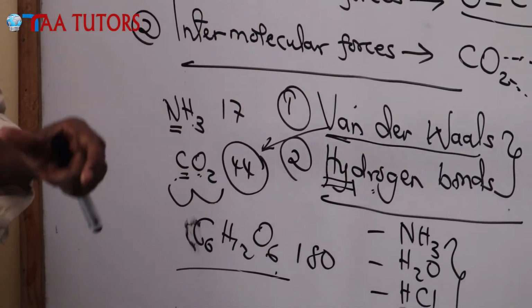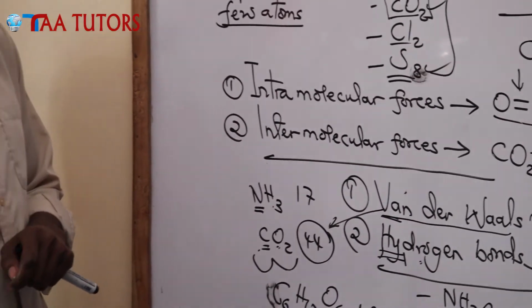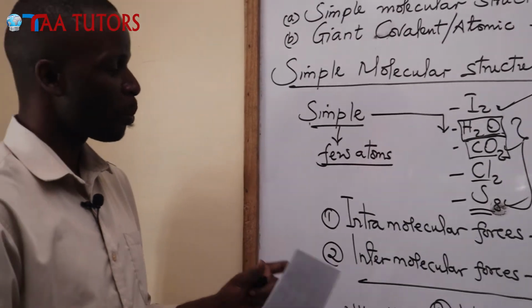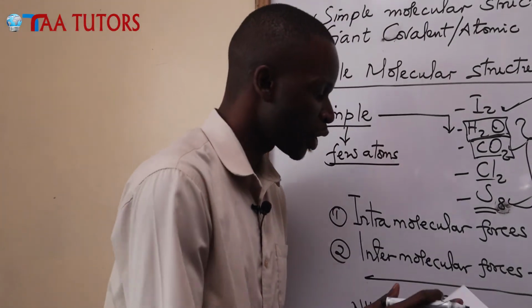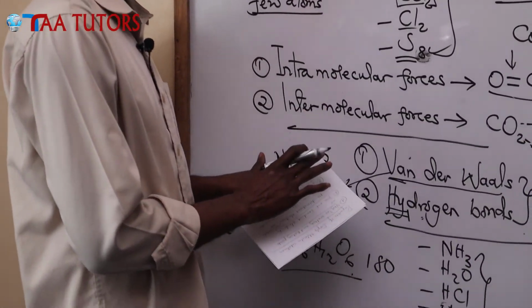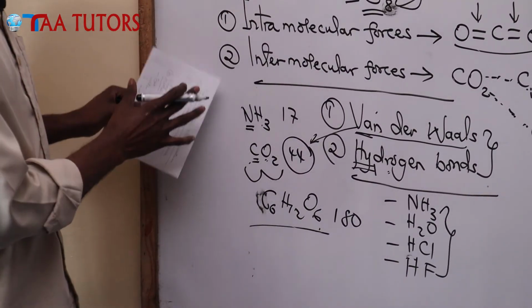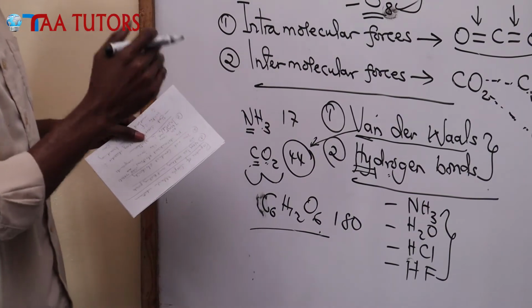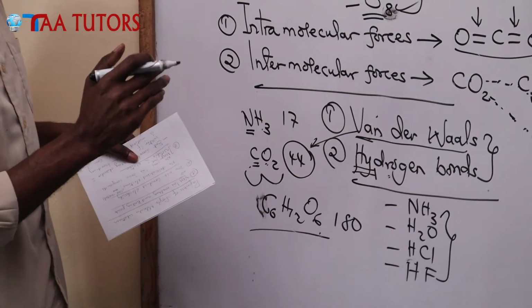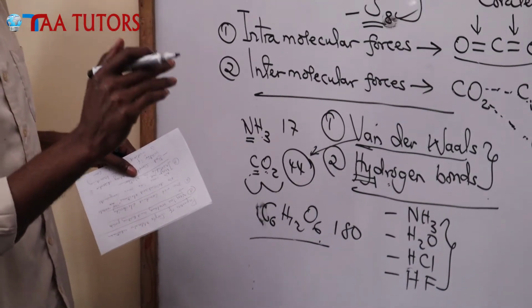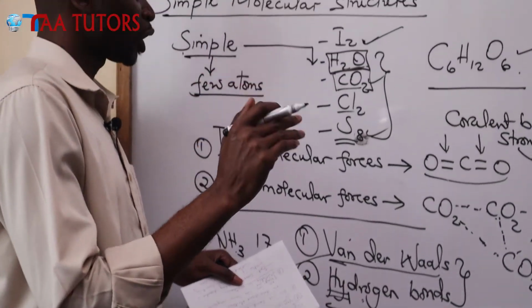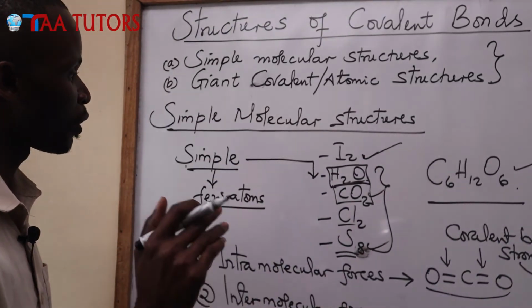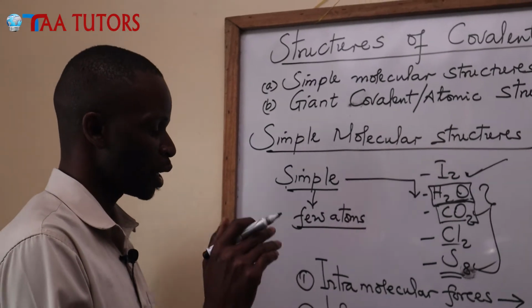The bigger the molecule, the stronger the force of attraction holding them. We have said we can only compare those substances in their group, that is simple molecular structure. And I said even if we say they are weak or have low melting or boiling points, the question is that those melting and boiling points also vary from one compound to another. And I said they vary based on molecular masses. The bigger the molecule, the stronger the forces of attraction in it, and therefore the higher the melting point and